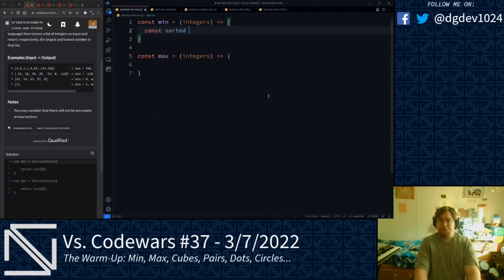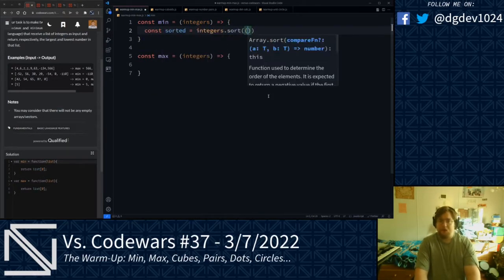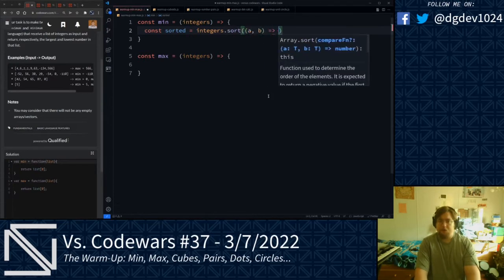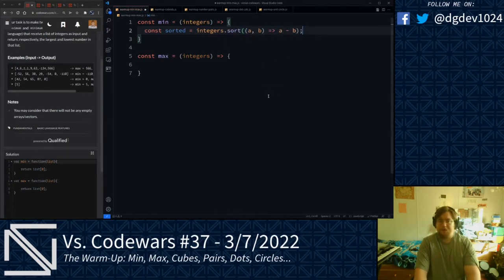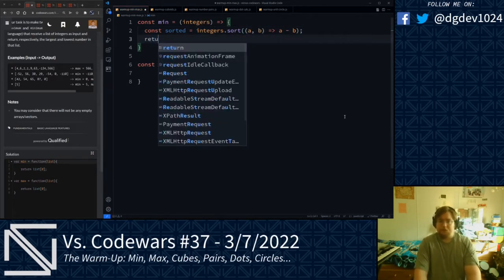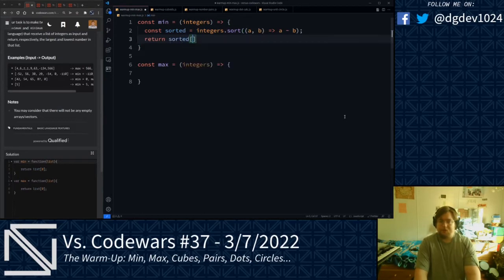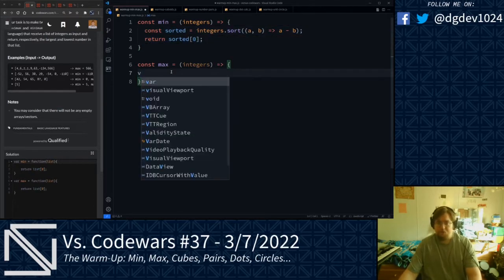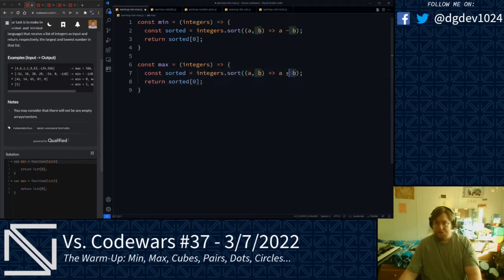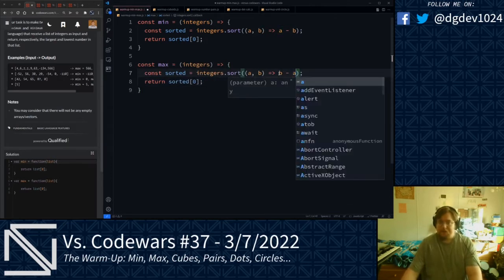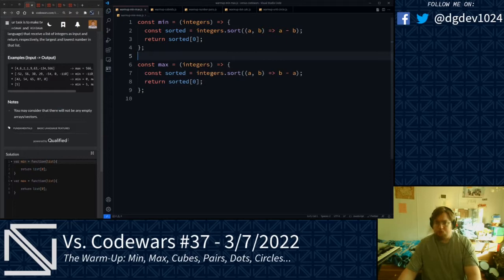Const sorted equals integers.sort, and in this sorting function here, we are going to return a minus b. In so doing, this sorts the integers in ascending order. And as a result, the first index of the sorted array will be the smallest number in that array. Likewise, in our max here, instead of a minus b, we are going to do b minus a. Doing this will sort the integers in descending order and cause the largest integer in the array to be sorted